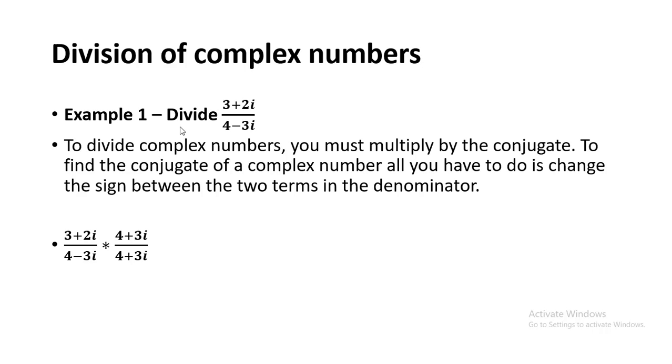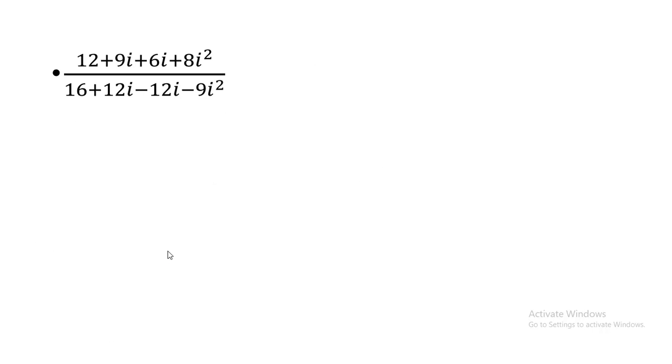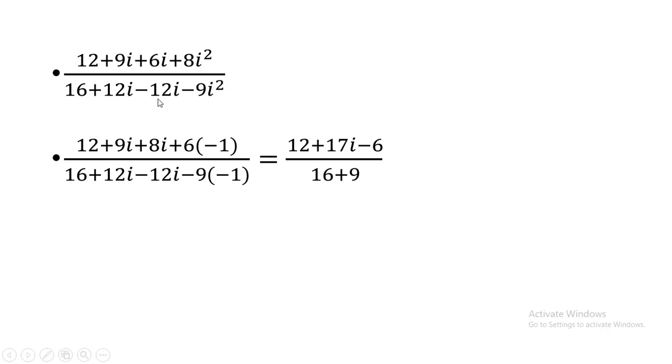this was my number. Now since in the numerator two numbers are multiplying and in the denominator two numbers are multiplying, I just followed the basic multiplication rule: 12 plus 9 iota plus 6 iota plus 8 iota square. So I want you all to multiply the numbers and the final result will look like this, right? If you look at it, in the denominator, plus 12 iota and minus 12 iota cancel,